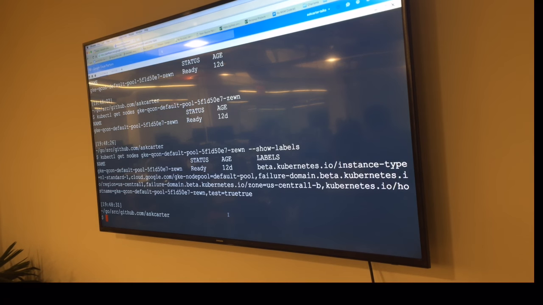So are people managing their AWS infrastructure almost exclusively with Kubernetes? I can't answer that one. I don't know. So actually what happened is,